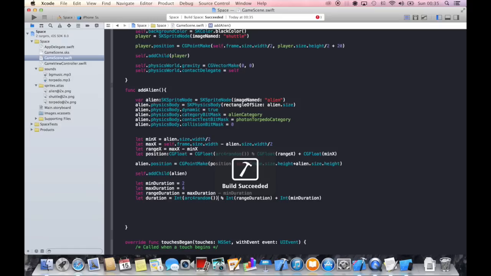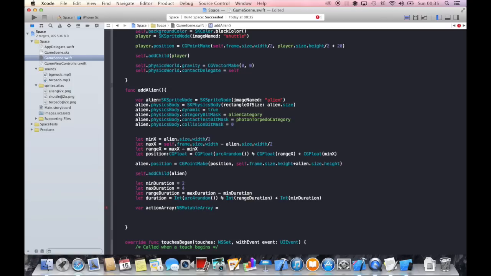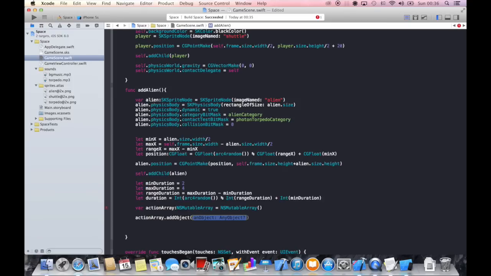All right. And now we can start creating some actions. So we will create an action array, a mutable array actually. And this array we're going to use to place some actions into it, and then use a sequence to run one action after another. So let's initialize the mutable array and add one action and then the next one. So add object to our mutable array, and we'll first want to move our